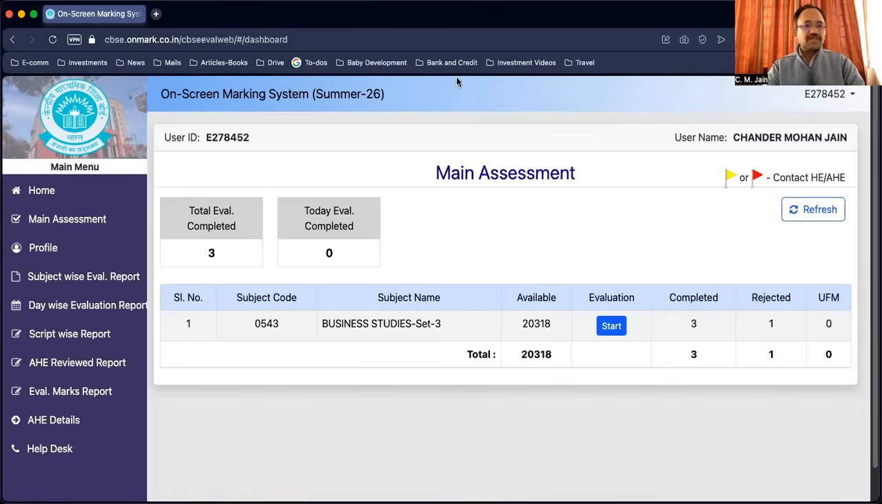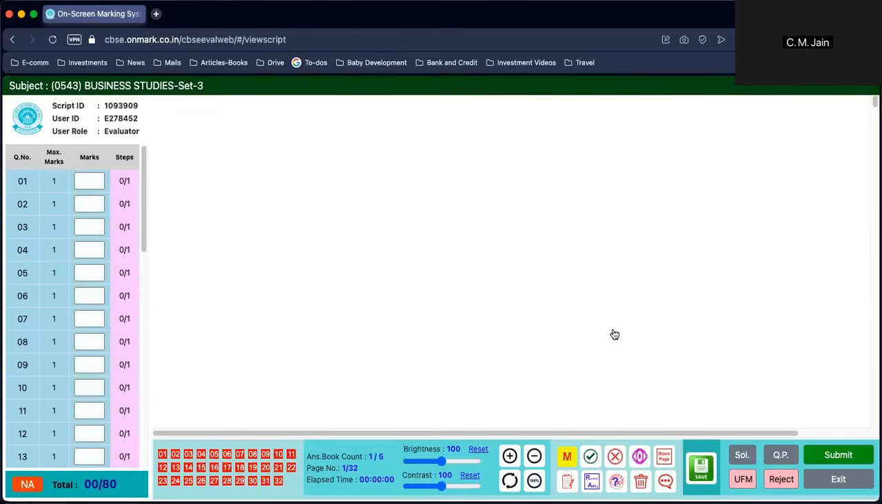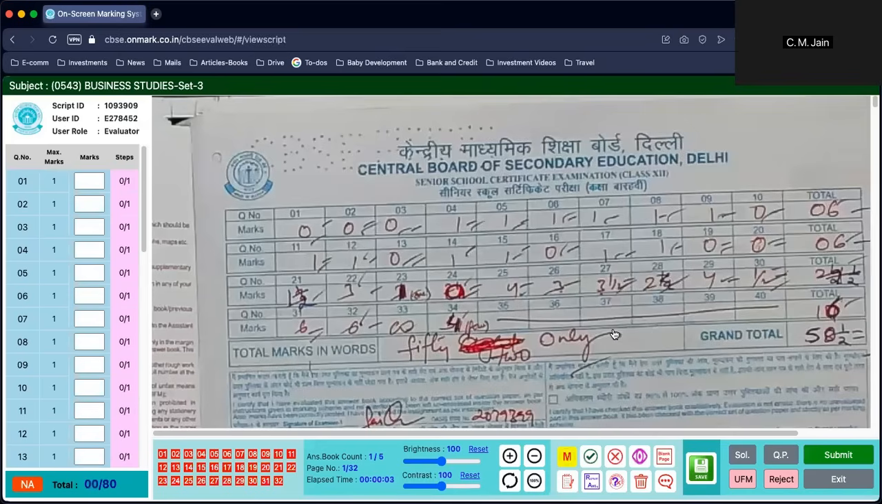In this video, we'll discuss how to do on-screen marking on the CBSE website on the link which has been shared. Let's see. So this is the page that appears when you log in. Now it is showing the serial number, subject code, and here is the start evaluation button. So I will click on this